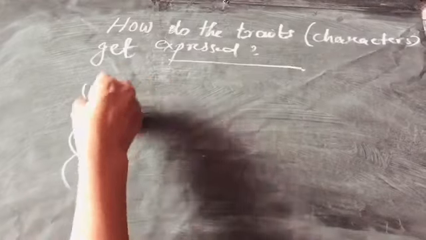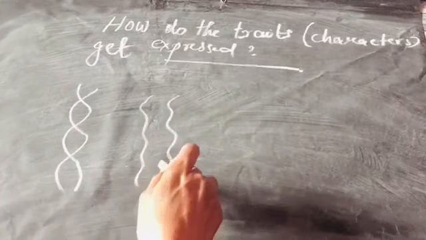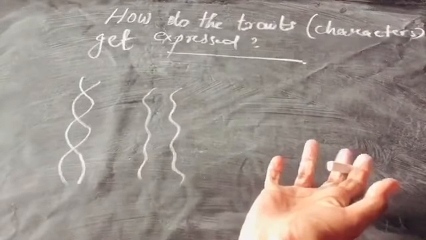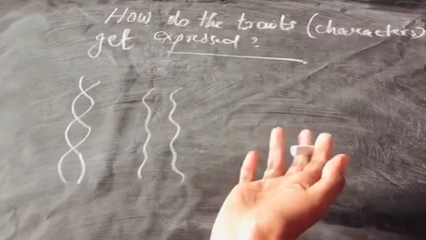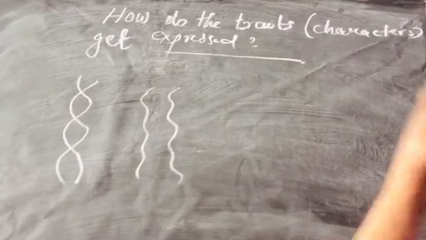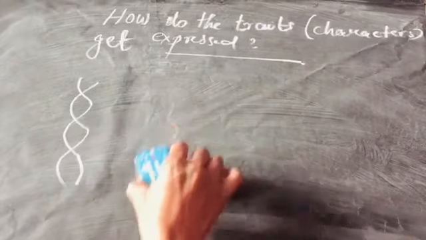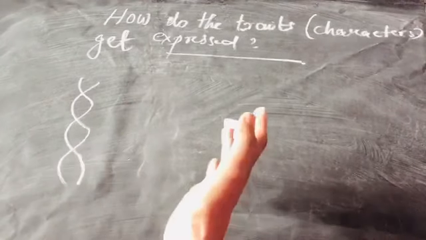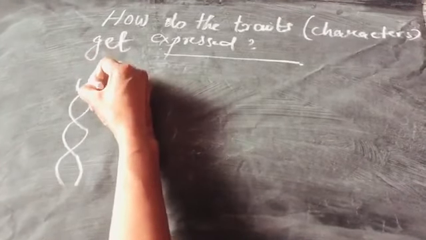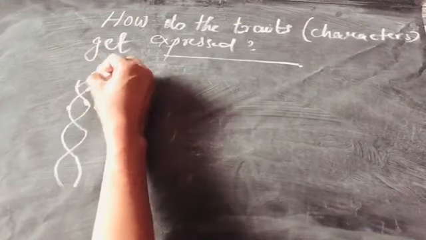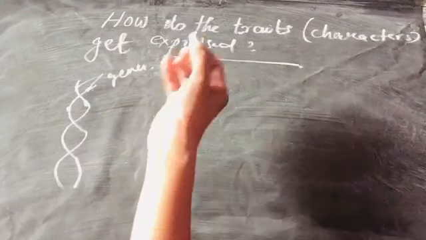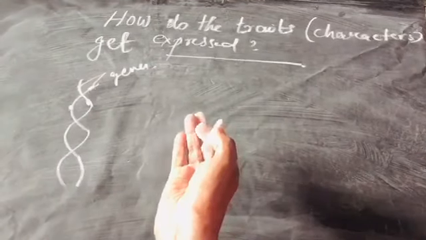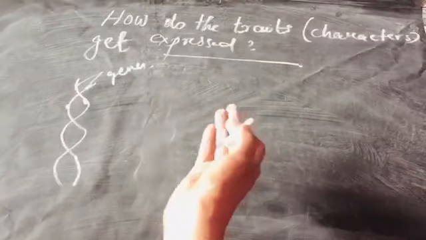There you have learned the separation of the DNA strands, the paternal and the maternal strands. At the time of replication, the complete length of the DNA strands is replicated. That happens at the time of cell division. Here I am talking about the separation of the DNA strands for protein synthesis. Here the entire length of the DNA strands is not separated, only the functional segments, which you call genes. These are the particular segments which have the coded information for a particular character, and only they are involved here.